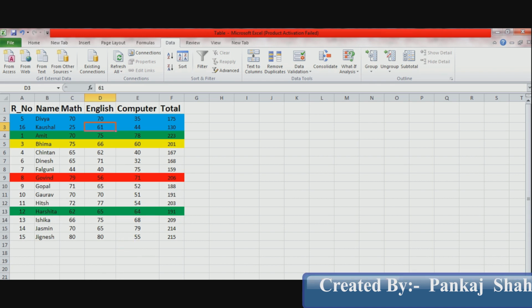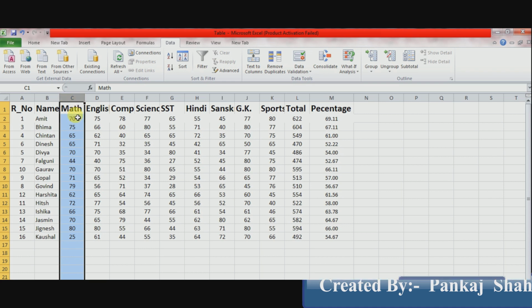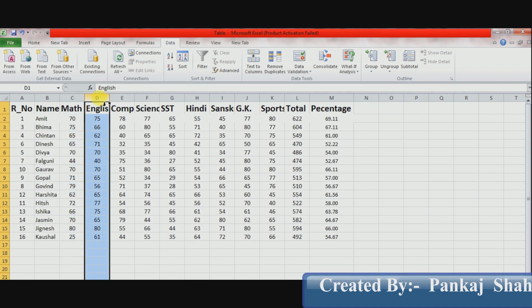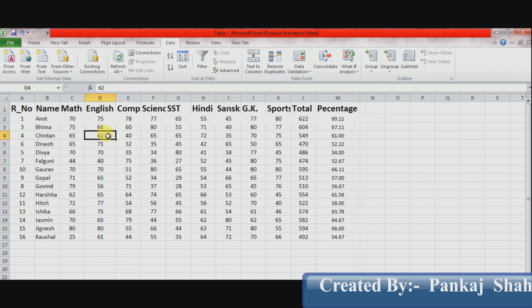Now let's see multiple level sorting. Sometimes it's our requirement to sort our data in two different conditions. So let's see how to do this. So once again I created one table in sheet 4. Now here my condition is I want to see maths records smallest to largest, meaning smallest marks come first and largest marks come last, and English records largest to smallest, meaning largest number comes first and smallest number comes last.